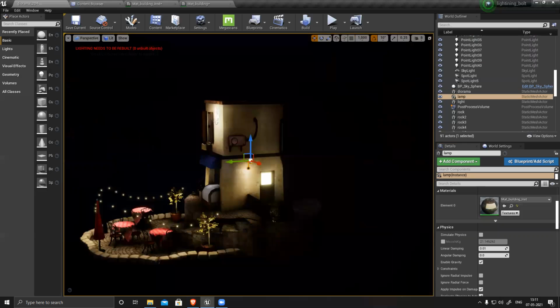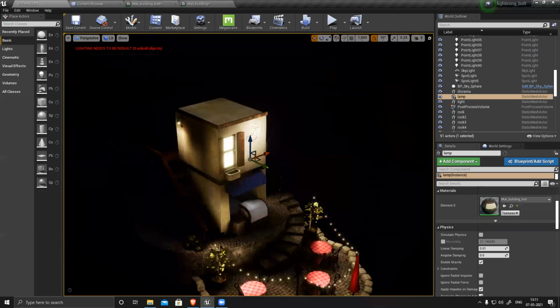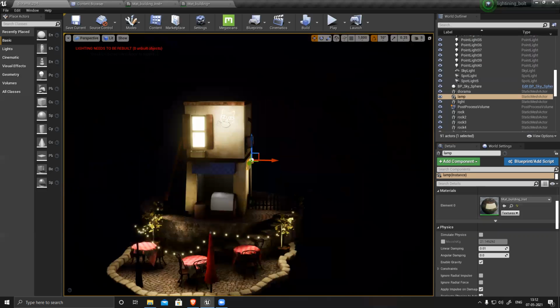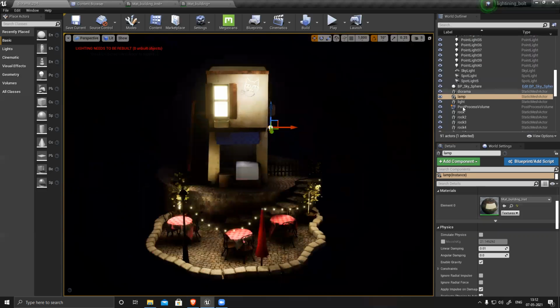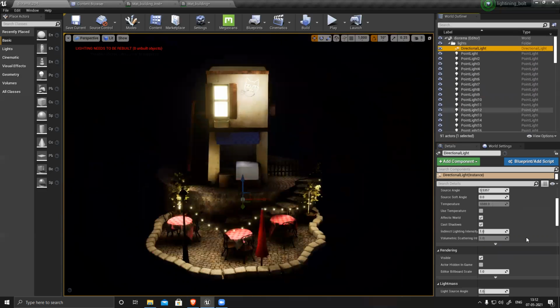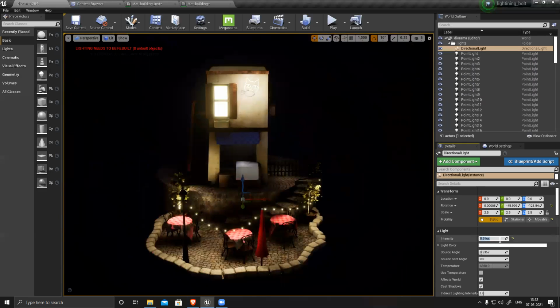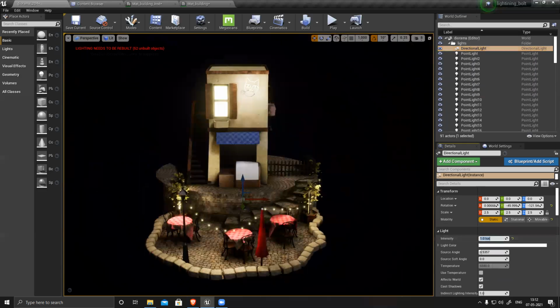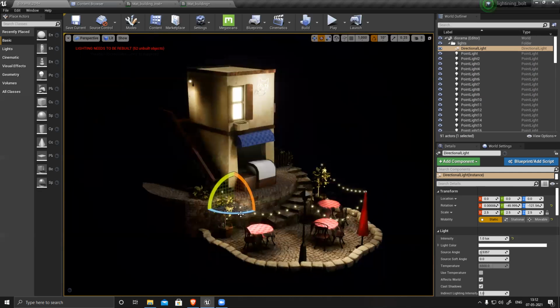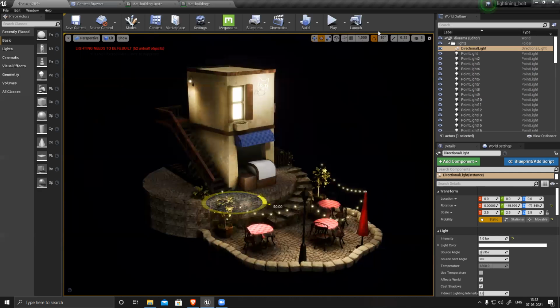I got the lamp also. Now direction light. Where is my direction light? Increase the intensity to 1. Rotate.